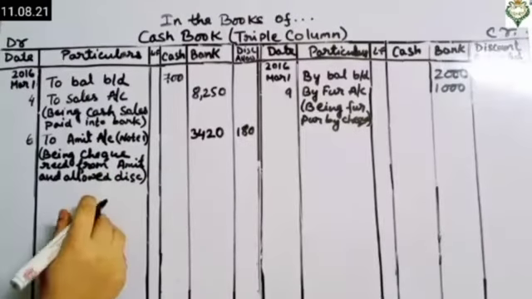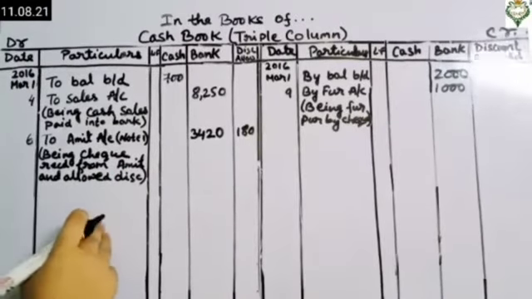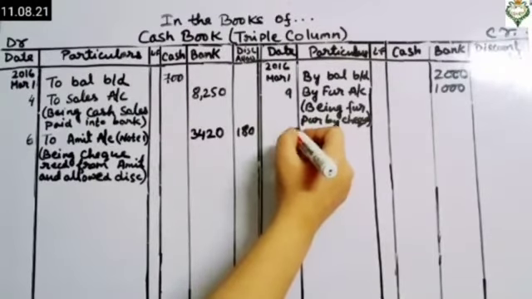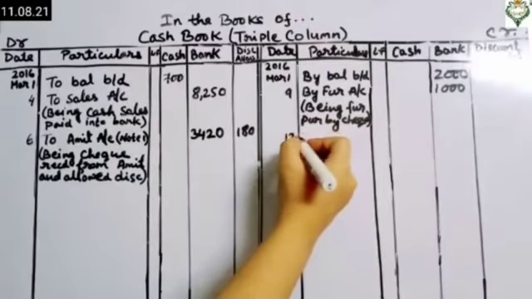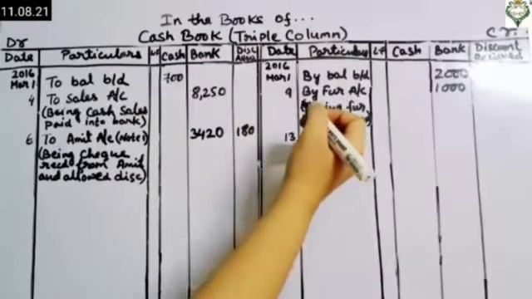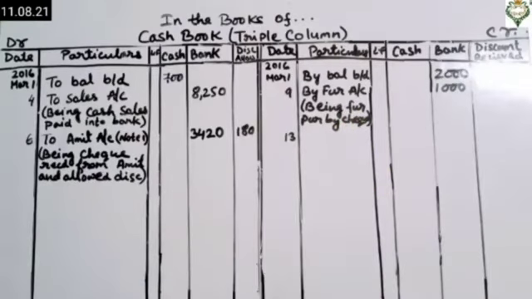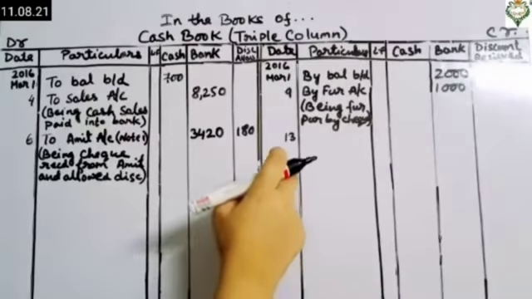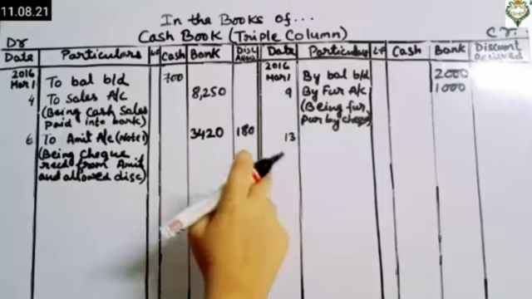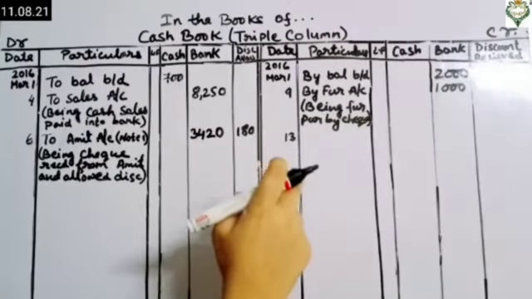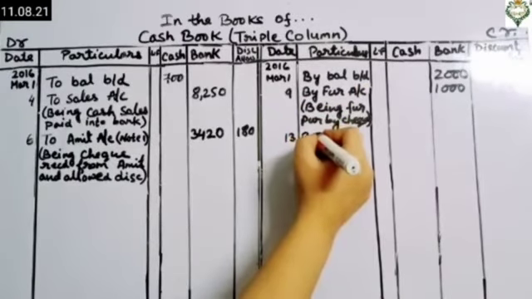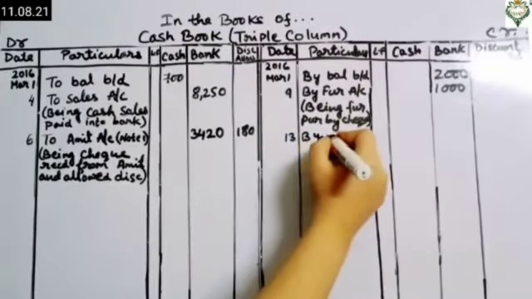Then come to the next entry that has been done on 19th March. Purchased goods, that means we have to record at the credit side. On 13th March, purchased goods from Sashi rupees 2000 less 5% trade. All the working notes that we have done, for Sashi, after all the calculation, after deducting the trade discount and cash discount, we have got 1862 that we have to record here by writing by purchase account.